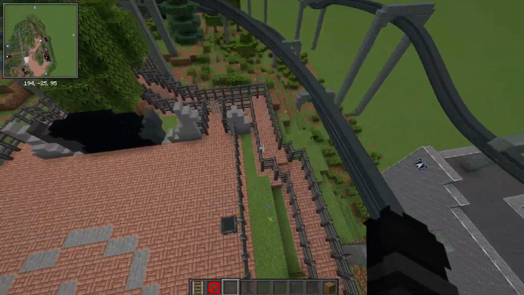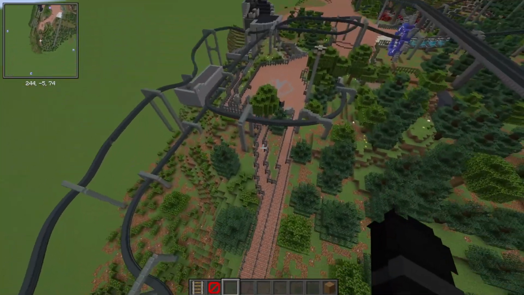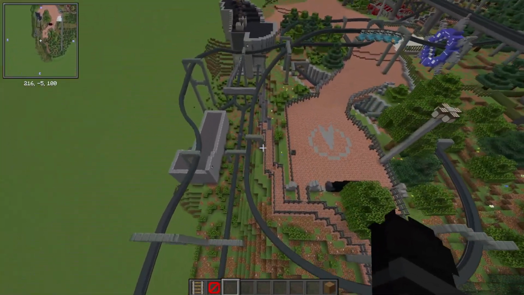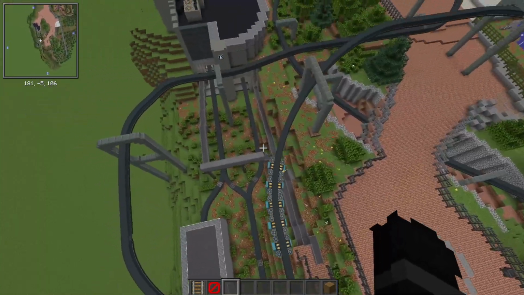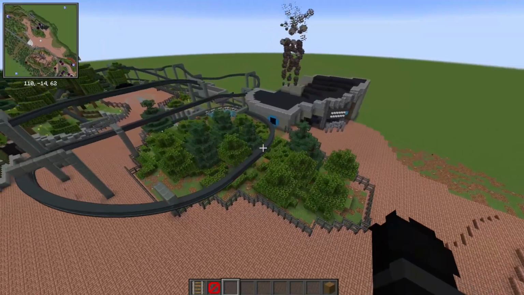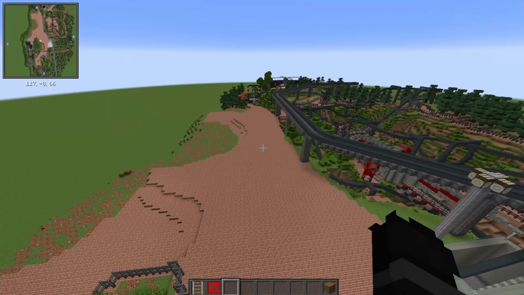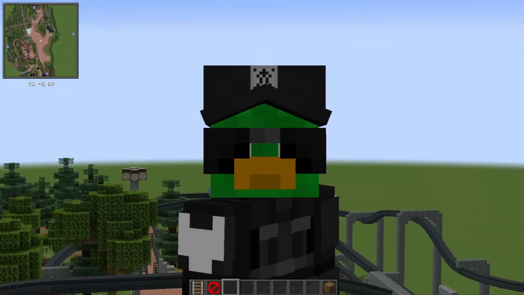We've got the queue as well, which goes up, round, back down, through here, and then it splits off. One goes that way, one goes over this bridge and into the other station. That is Galactica done. Now we just have to finish the final details of the area, and a few things of